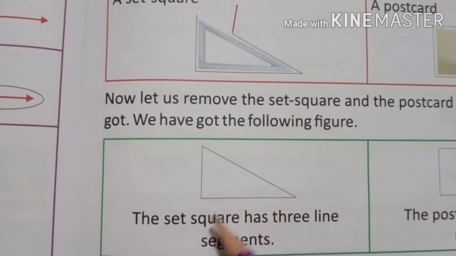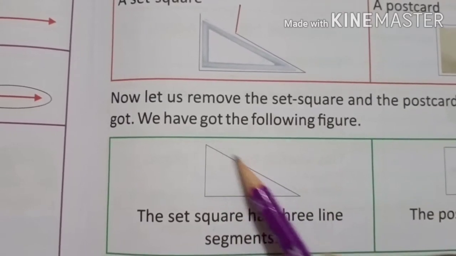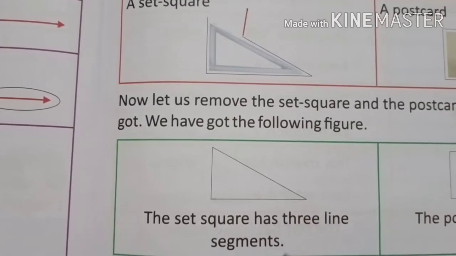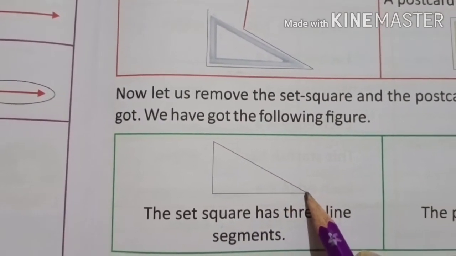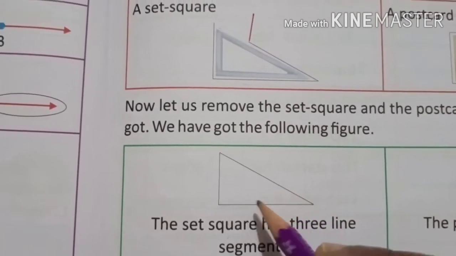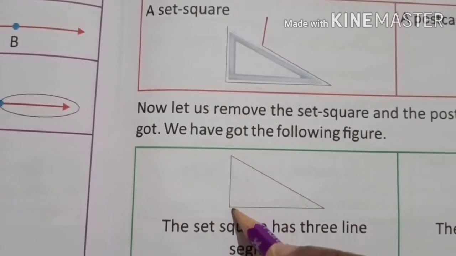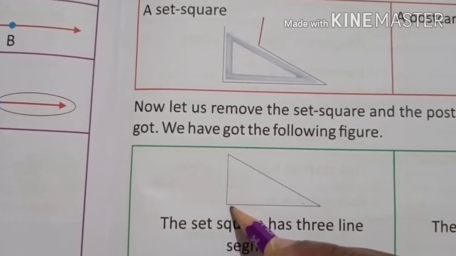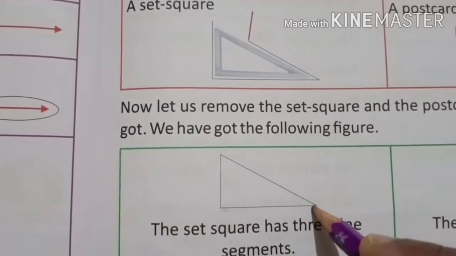And in this diagram, you just see there are three lines. Okay. Three lines means three line segments. See, from here to here, one straight line. Which type of line, children? This is a sleeping line. That is your horizontal line. And one standing line, which line is that? That is the vertical line. And this one is a slanting line.